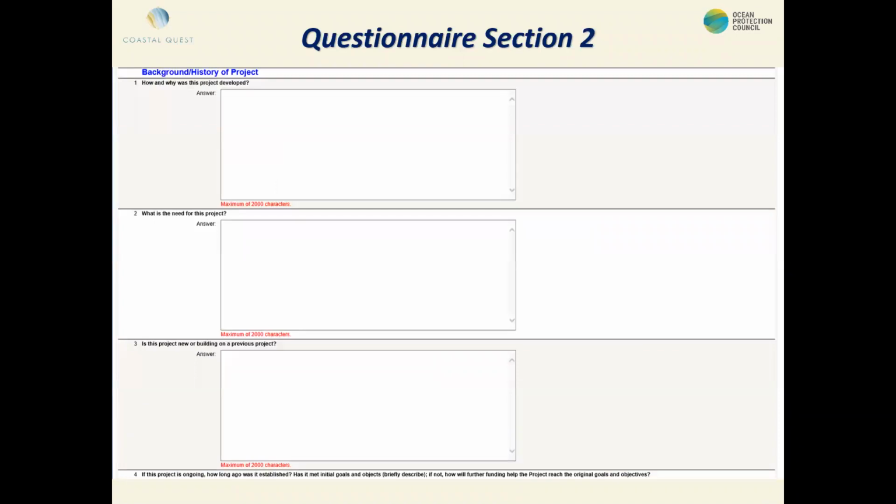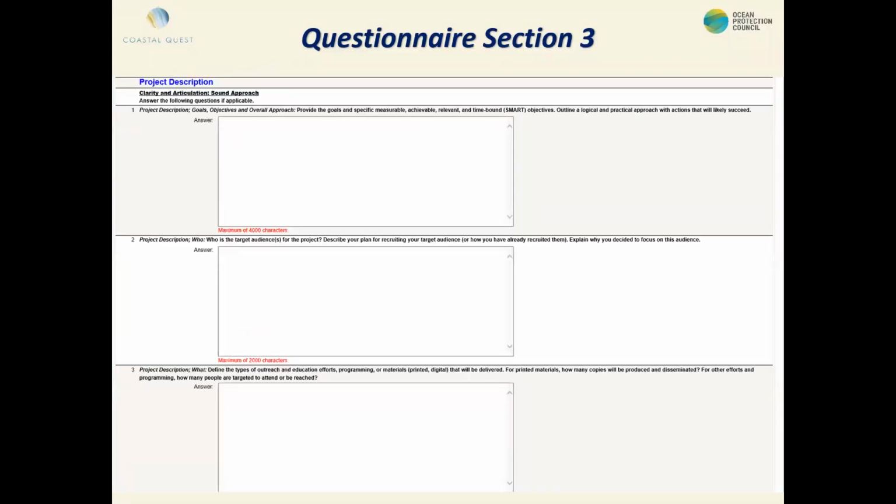Then there's some questions around the background and history of the project, which has a number of questions on how and why this project was developed, what is the need for the project, is the project new or building on a previous project, and if this project is ongoing, how long was it established, etc.